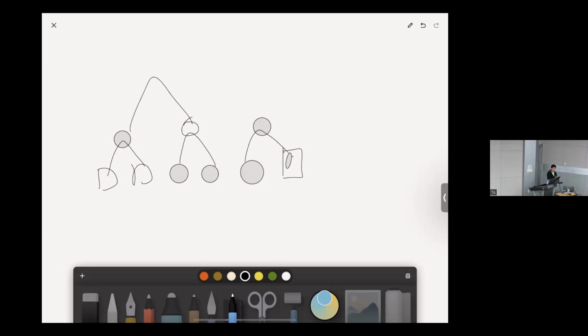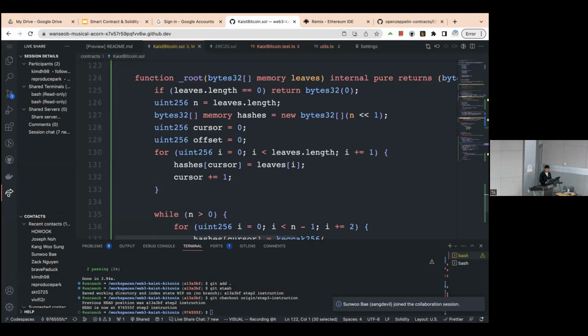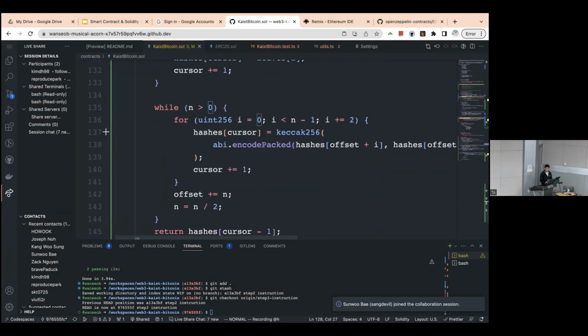And we can compute this one, but it doesn't have its sibling, so just put 0 here again. It's 0 and compute the parent, and it's like this. This is how we compute the Merkle tree. So this implementation is including that logic inside of it. So we can compute the transaction root,